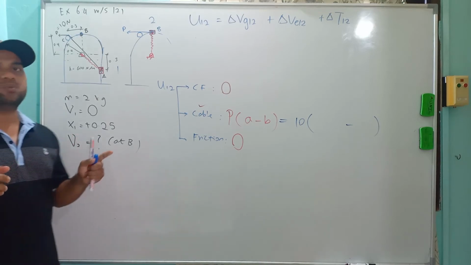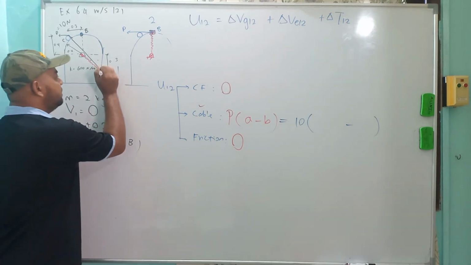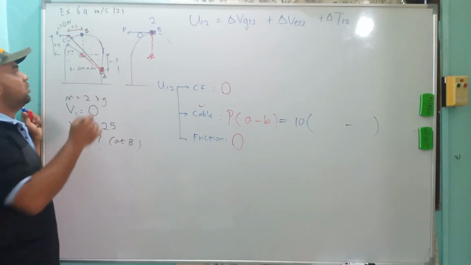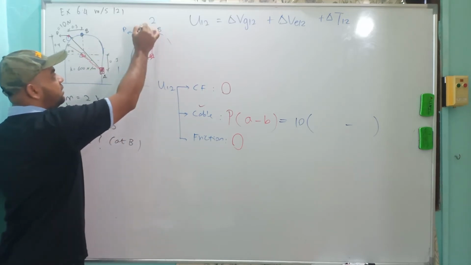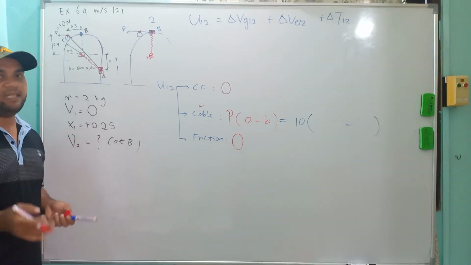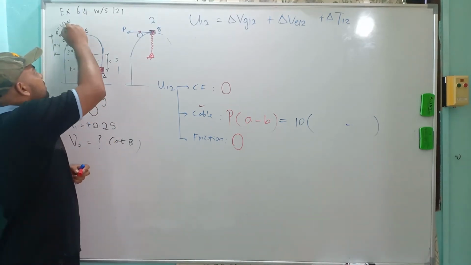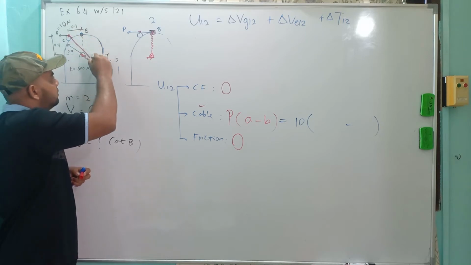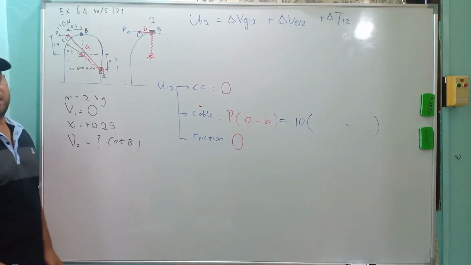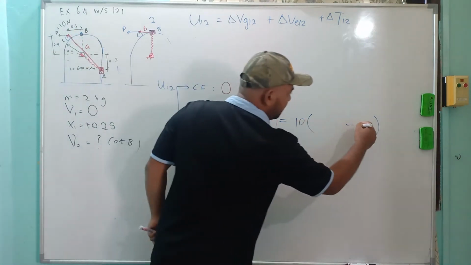So we need to identify two fixed points. In this case, the first one is here on the collar, the second one is on this roller, as our fixed points, because at the end we have also here and this collar as our reference points to know the difference in the length of the cable. So our A is from here to this, and from here to this part is our B. So B in this case is 0.3, so minus 0.3.